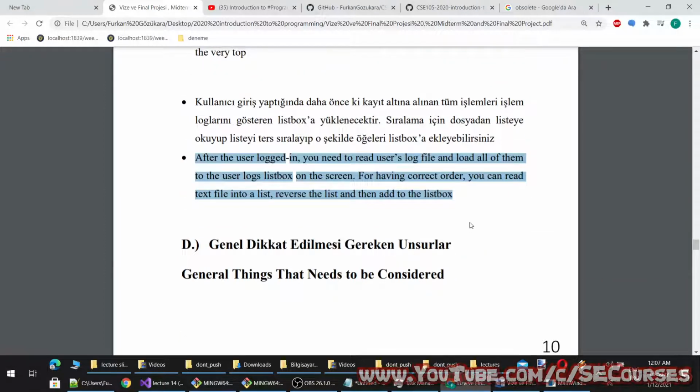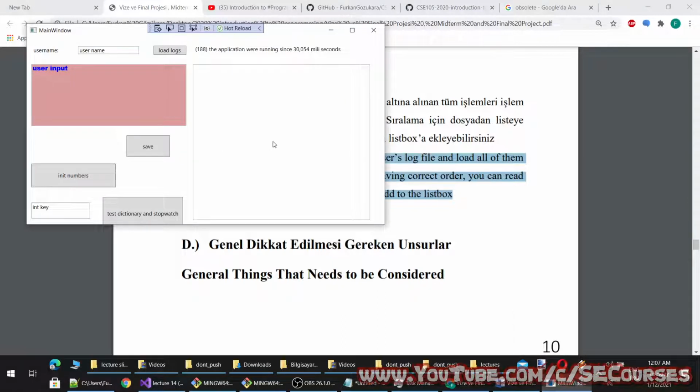After the user logged in, you need to read user's log file and load all of them to the user logs list box on the screen. For having correct order, you can read text file into a list, reverse the list and then add to the list box. By the way, in your application, it should be automatically done. Okay, user should not have to click the load button.